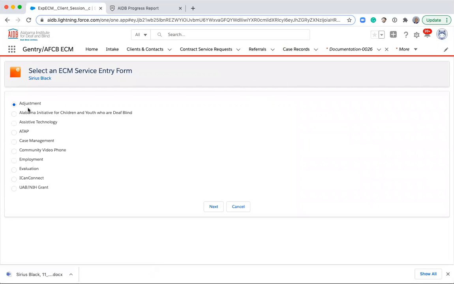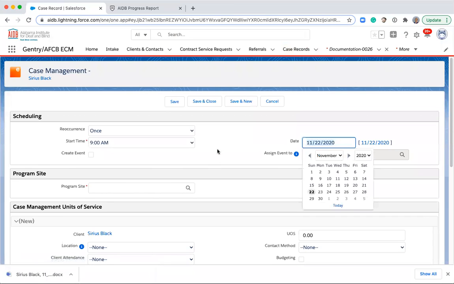We can select Adjustment, Alabama Initiative for Children and Youth who are Deaf-Blind, Assistive Technology, ATAP, Case Management, Community Video Phone, Employment, Evaluation, ICANN Connect, or UAB NIH Grant. In this case, I'm going to select Case Management. Then I select the Next button. This takes me to a screen for entering our one-on-one